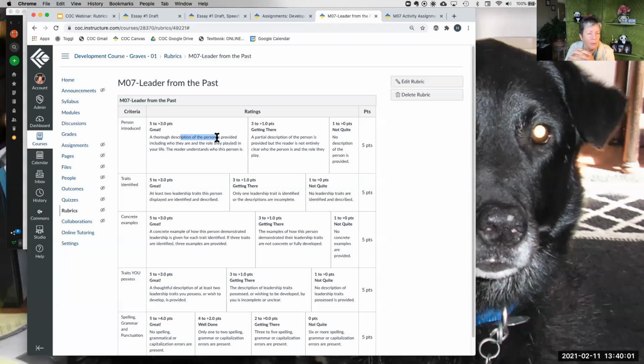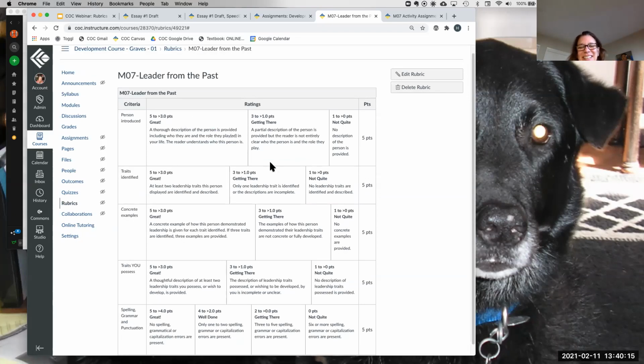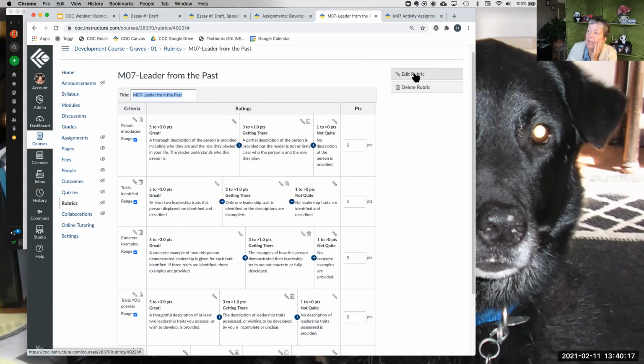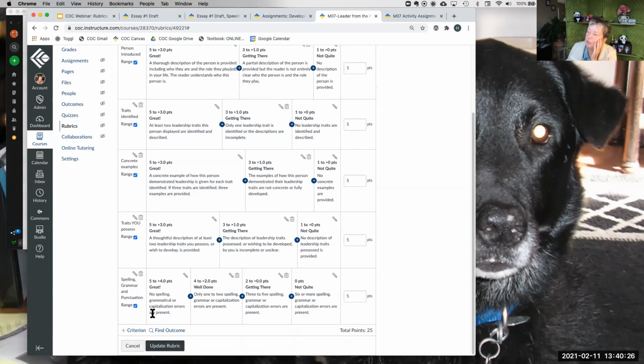But what are your thoughts about that, Jennifer? So you hover over criteria and check on range, right? Wait, say that again. I haven't been able to figure out how to get the range. Got it. So yeah, if I go into edit the rubric and I tick the little range box, it will, depending on how many points, well, here, let me show you one.